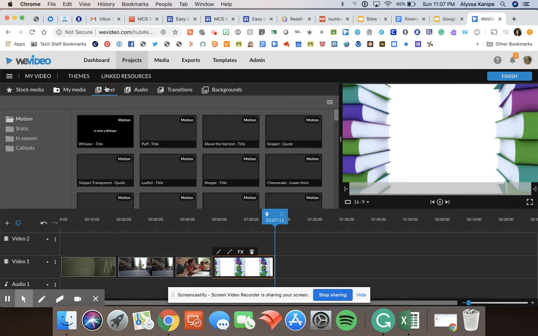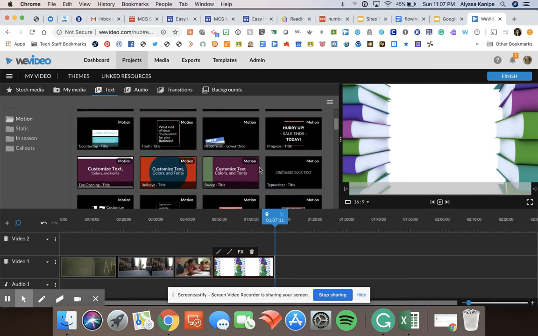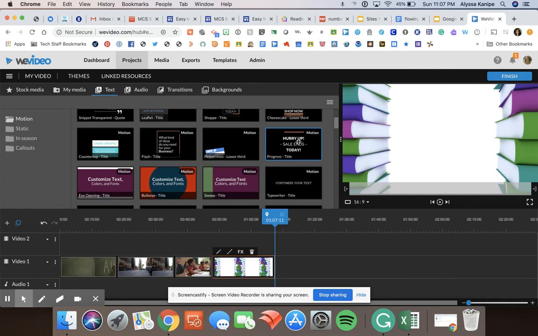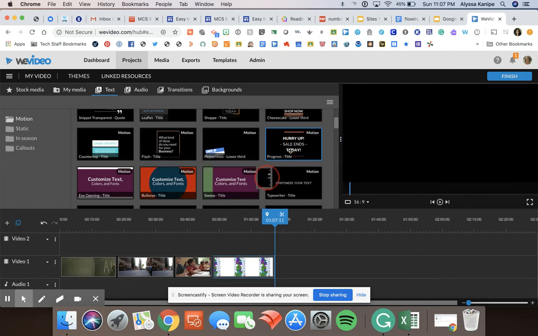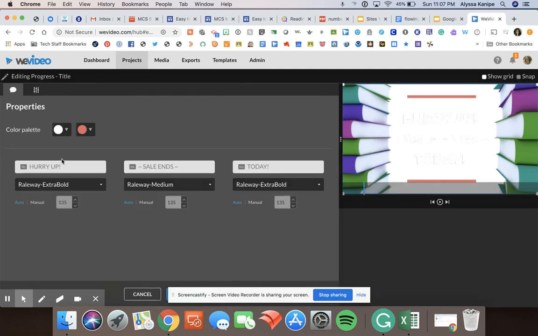Text is what I want you to look at here. So if I want something on these books, then I'm going to look at something that's going to fit right there. And maybe that will. So if I drag this here and stretch it out the same distance, and I double click on this, it's going to let me change my text. So I might say,